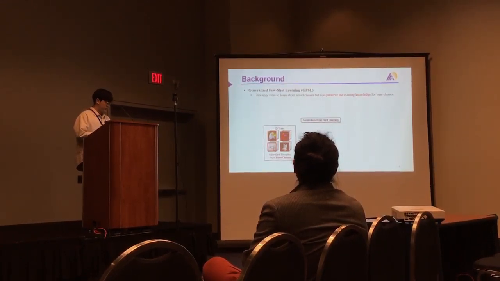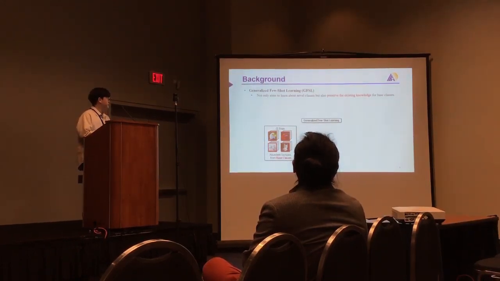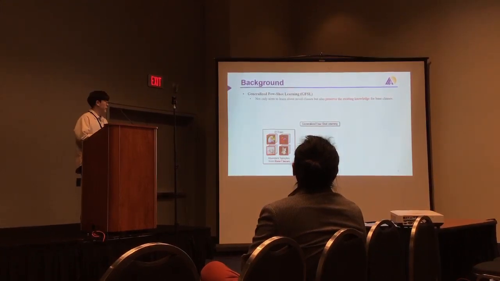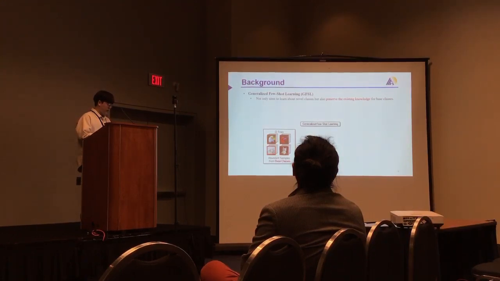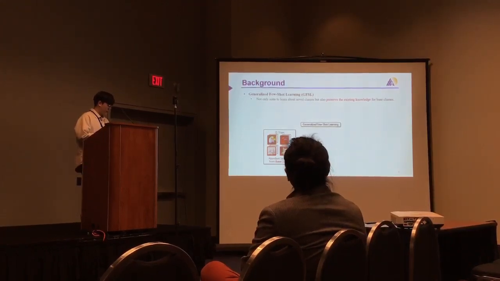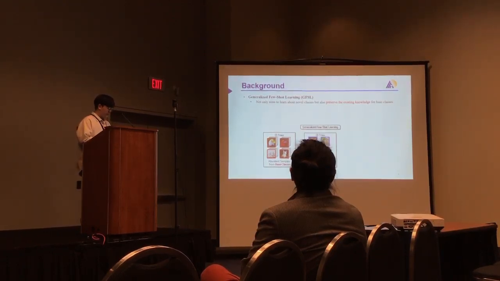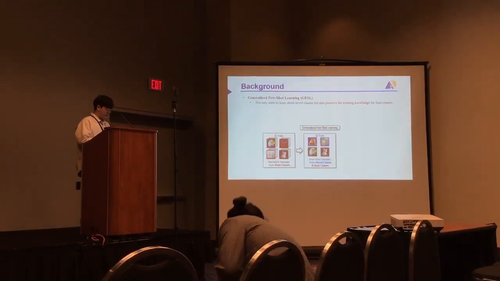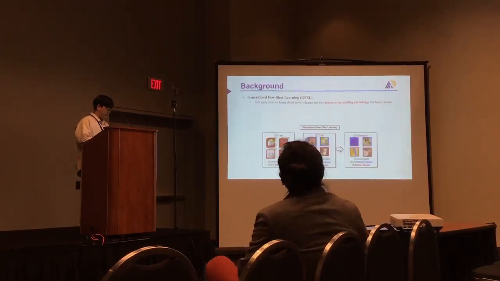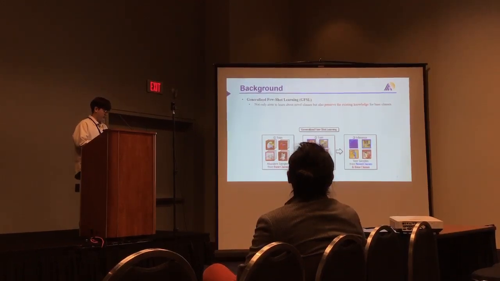Not just normal few-shot learning, there is another popular setting called generalized few-shot learning, where we not only aim to learn about novel classes, but also have to preserve the existing knowledge for existing classes, usually called base classes. In generalized few-shot learning, similar to normal few-shot learning, we start training with abundant samples from base classes. But when we train on few samples from novel classes, we also use several samples from base classes together. And in the final stage, we aim to classify both base classes and novel classes.